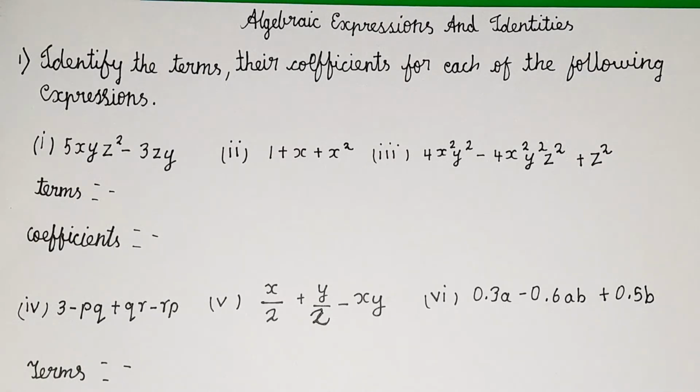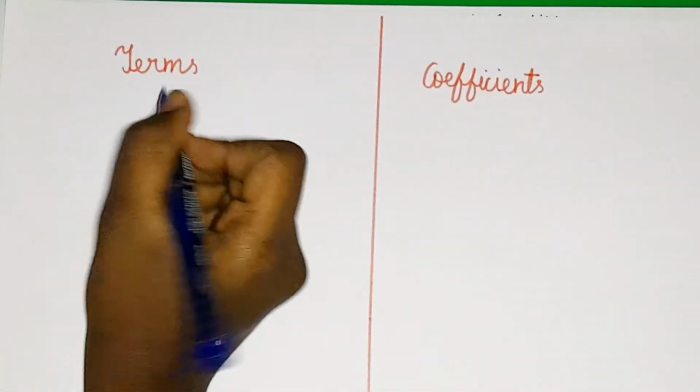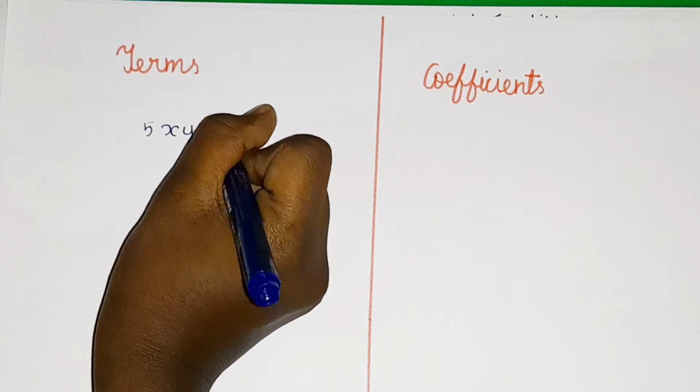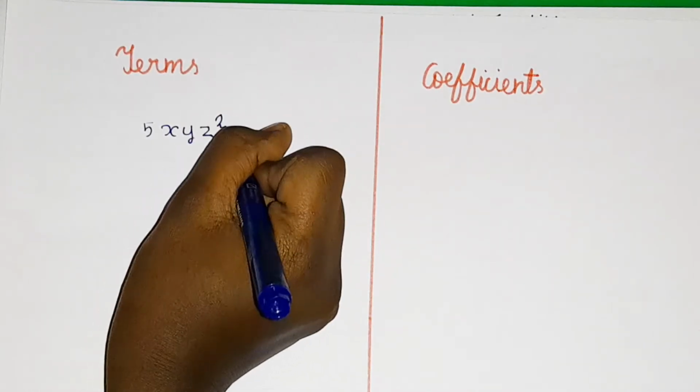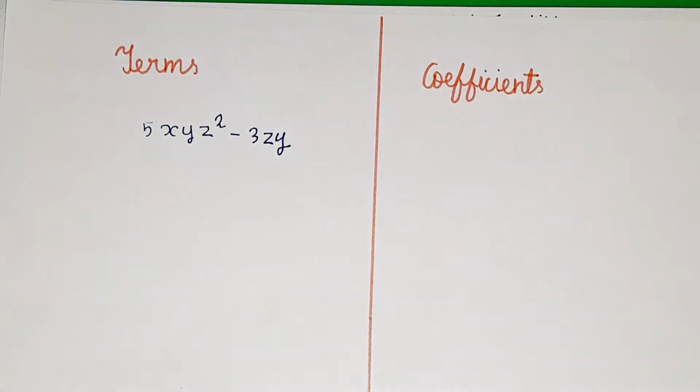The first question is 5xyz square. Now let me explain what terms are. Let me write the first question here: 5xyz square, and then minus 3zy. Here we are going to be identifying the terms and their coefficients. You might not know what terms are. Terms means like the